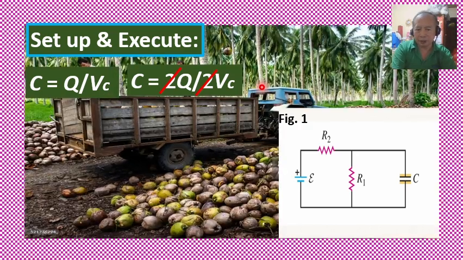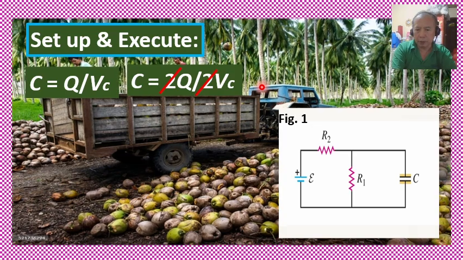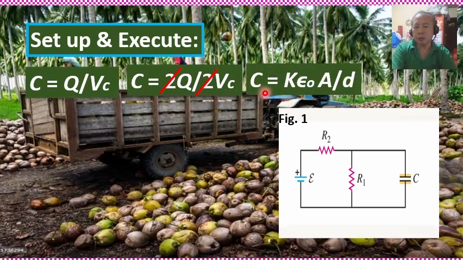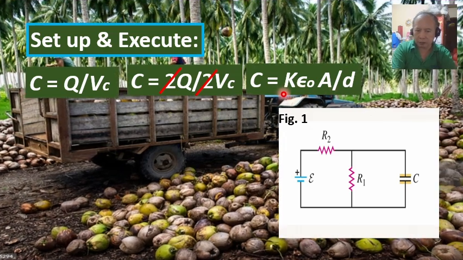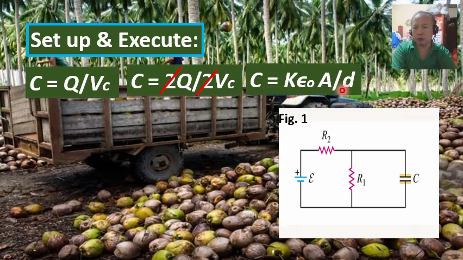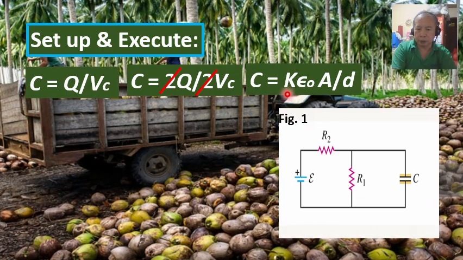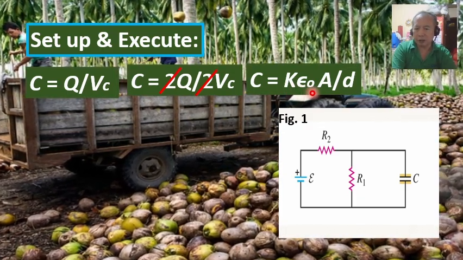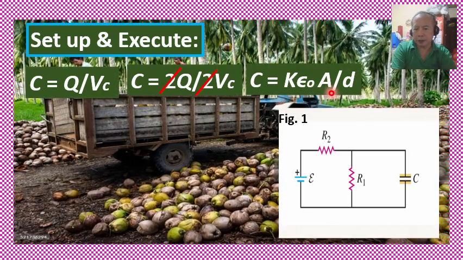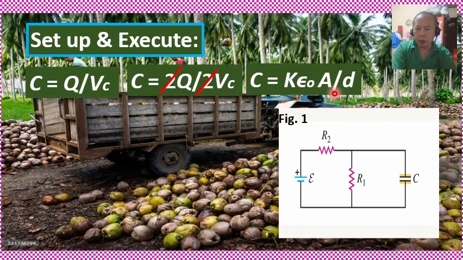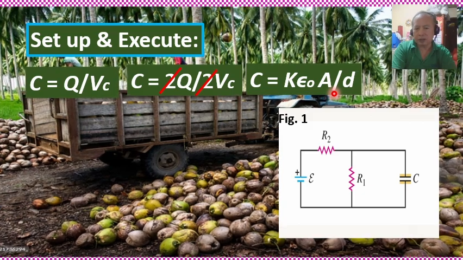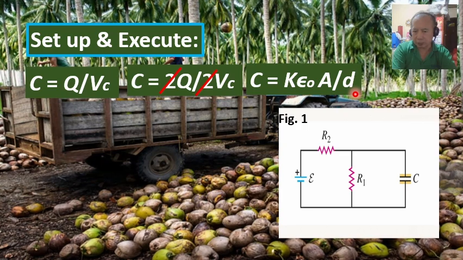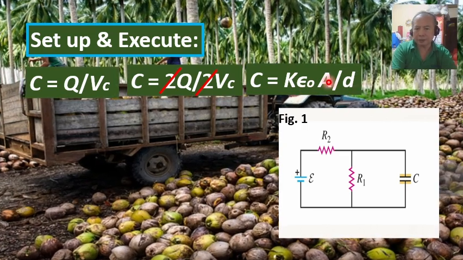What then are the factors that may affect the amount of capacitance? So in the conceptual definition of capacitance, we have this formula. Big C is equal to the product of a constant kappa, the electric constant epsilon naught, multiplied by the area of one charge plate, just one charge plate, and then divided by the separation distance, small d, right?